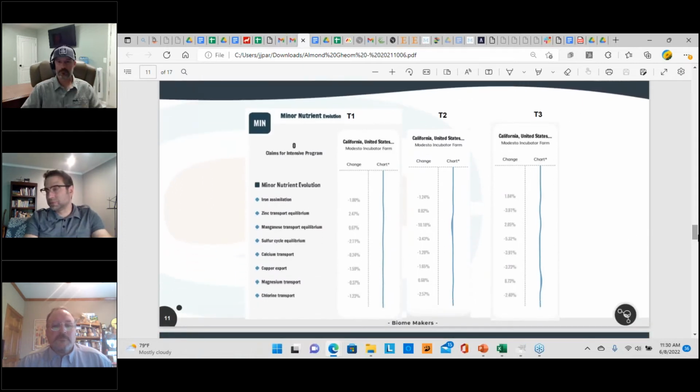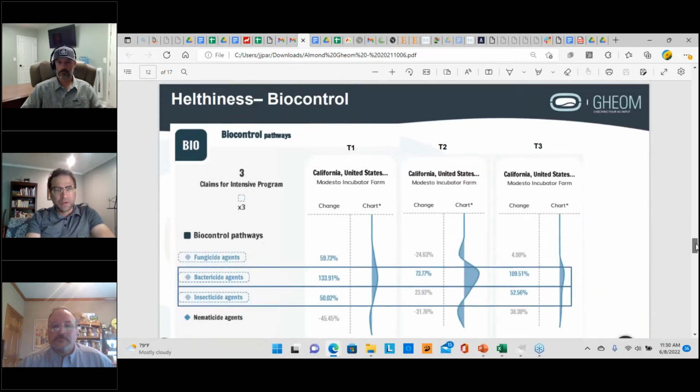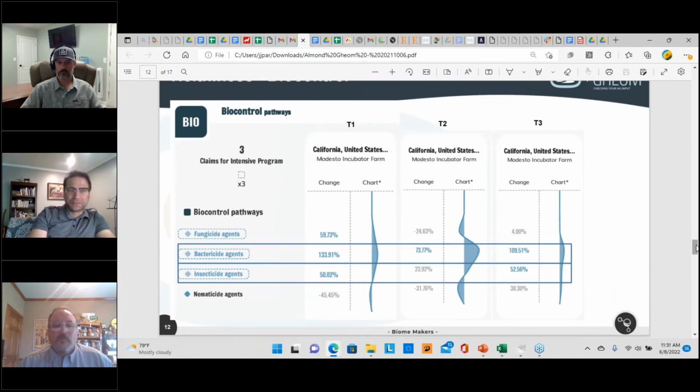Some of the other things that we're able to measure are a lot of the minor nutrients. Now, remember, these aren't measuring the nutrients themselves, but the pathways that are driving these nutrients. We didn't see anything here. I don't know that we would necessarily expect to see a whole lot there. And this one was interesting because we actually did see quite a bit of these biocontrol pathways. Again, we're not measuring active biocontrol products that are placed on the soil. We're measuring the biology. So we're measuring the natural system's ability to produce fungicides and bactericides,